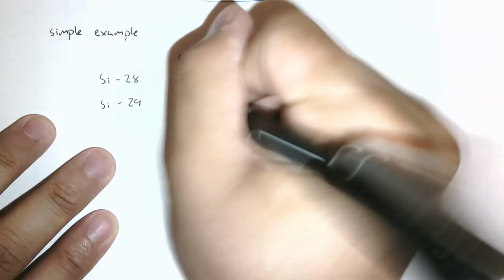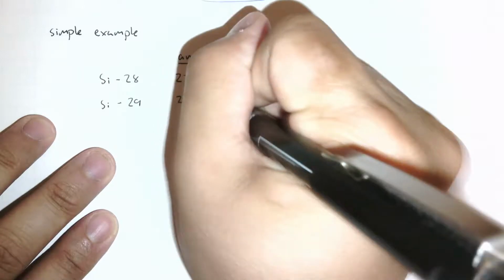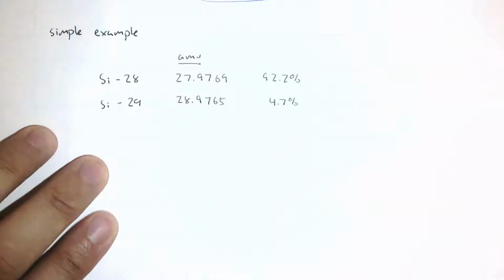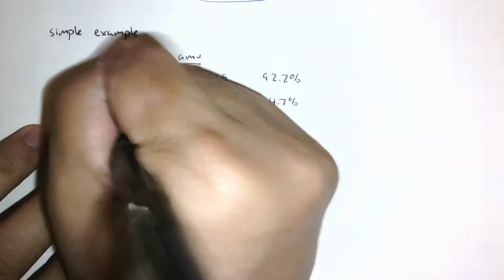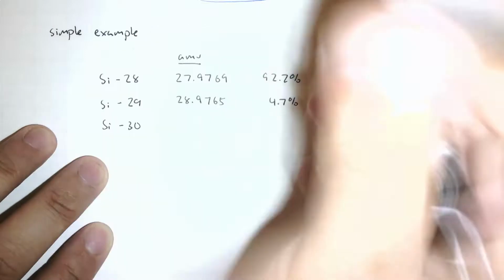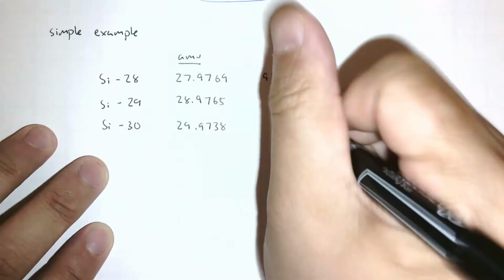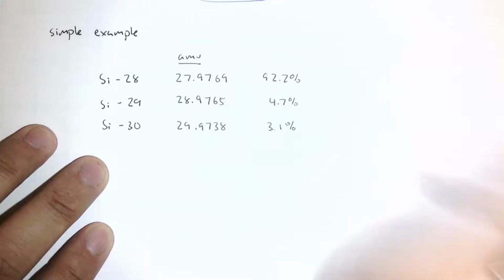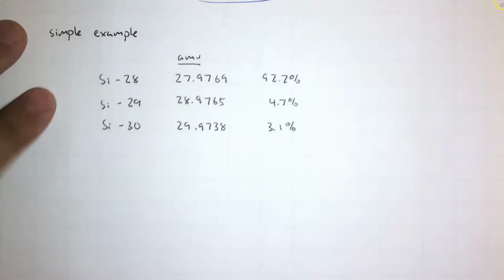Next, silicon also has an isotope that has a mass number of 29. Again, just make sure you're using the terminology correctly. 4.7%. And there is a third main isotope for silicon. That's silicon 30. .1%. Okay. I totally forgot that I was going to summarize the